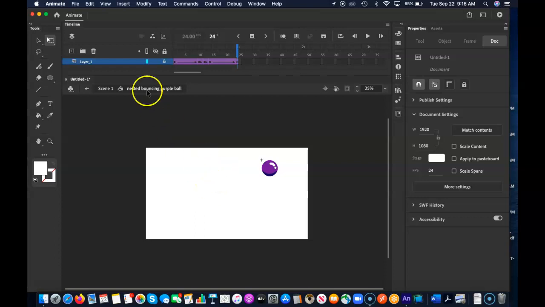Now I want to add my tail. And so this is how you start building more complex animation. You start with your simple animation, in this case the bouncing ball, and now I can come back in and add my tail or other appendages or a face or whatever I wanted to do. In this case, just simply a tail because it illustrates a lot of techniques. So add a layer,